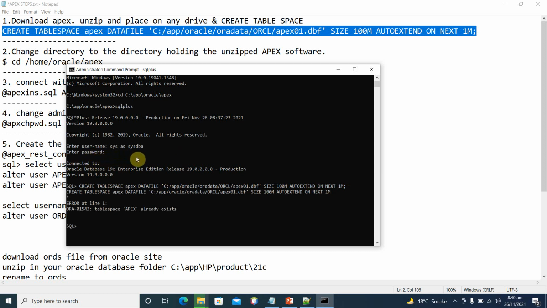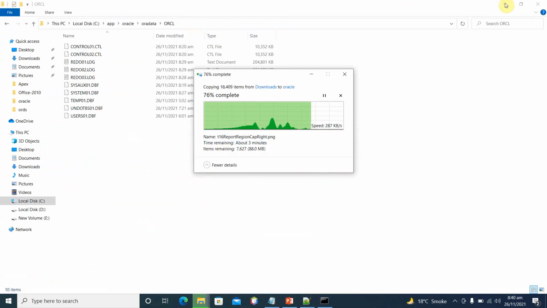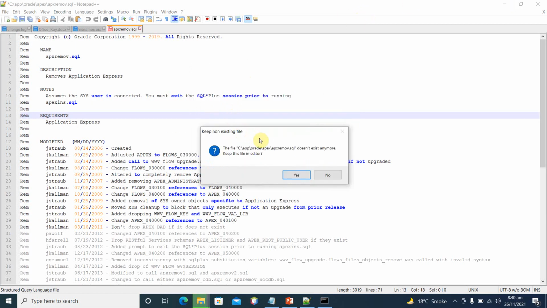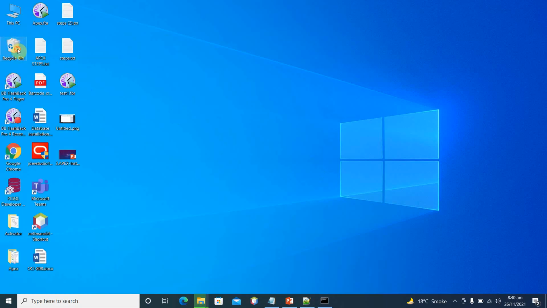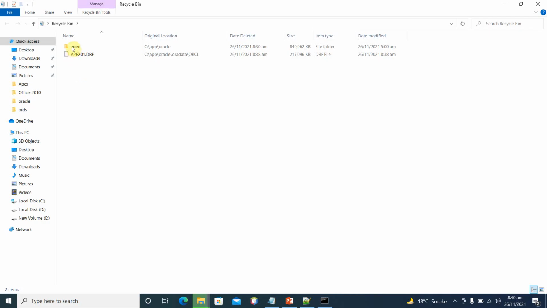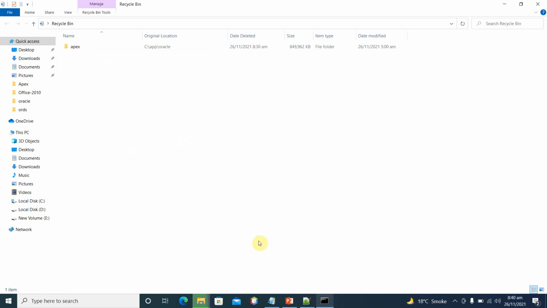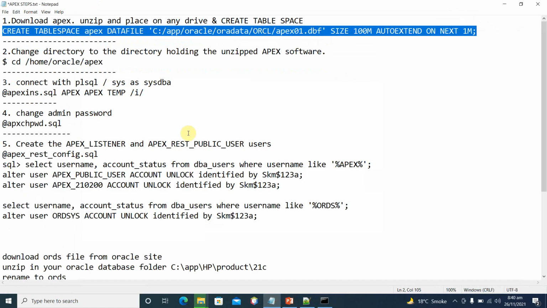Okay, create tablespace Apex, this tablespace Apex already exists. Okay, I have already created this Apex tablespace, so that's why it is giving an error. When you run it on your command prompt, you will see a message, tablespace created successfully. So I have to revert this dbf file. Okay, and secondly you have to run this command